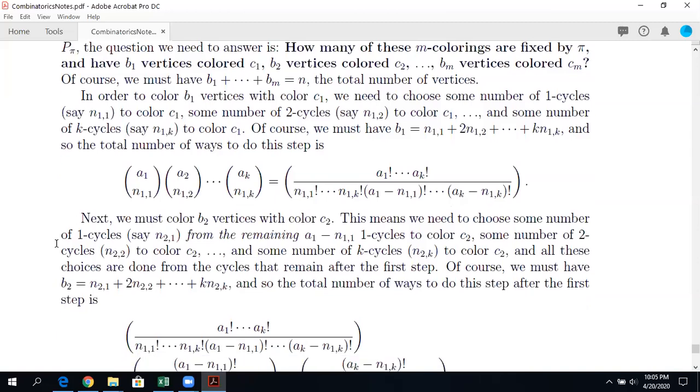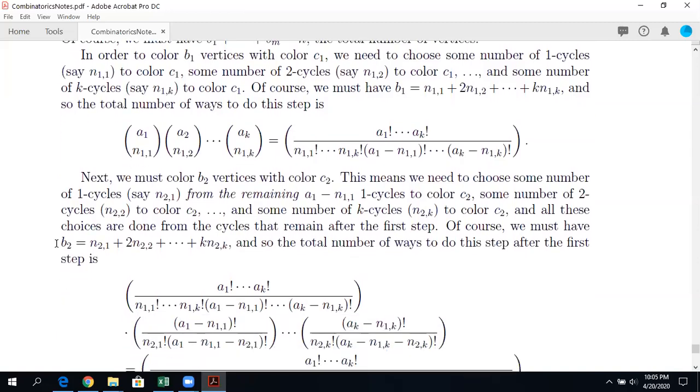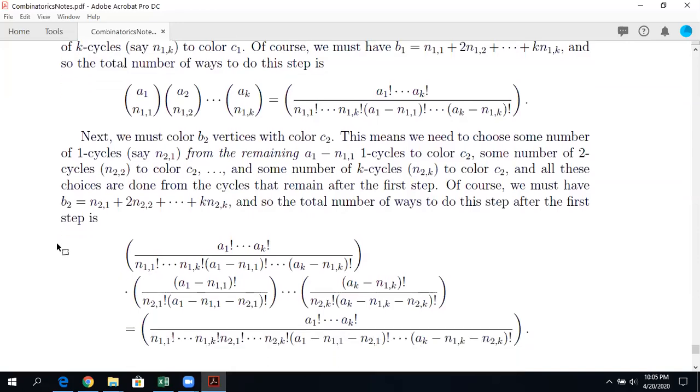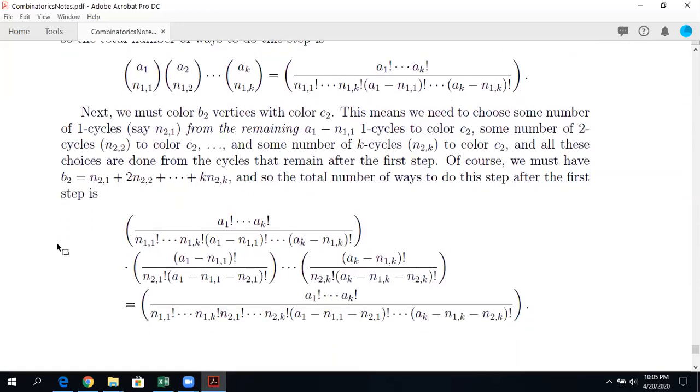And of course, what has to be true? Well, the total number of vertices that are being colored, B2, has to be the number of 1 cycles plus twice the number of 2 cycles plus etc. plus k times the number of k cycles. That's the total number of vertices that are being accounted for. You color 1 vertex in a k cycle a certain color, in this case, color 2. You have to color them all that color, because remember, we're concerned about fixing stuff. Okay? And so the total number of ways to do this step after the first step is, okay, basically all